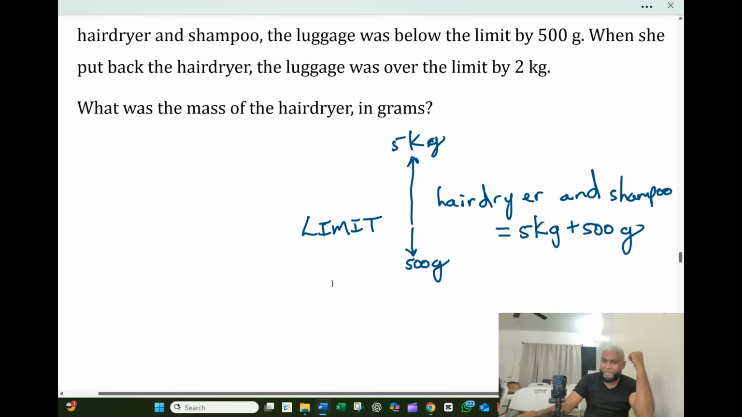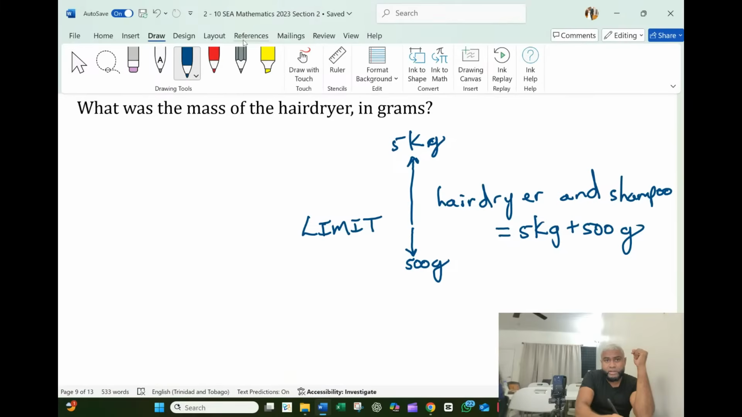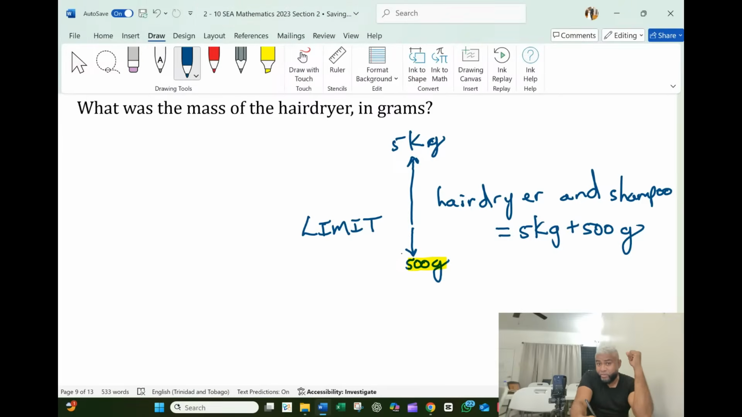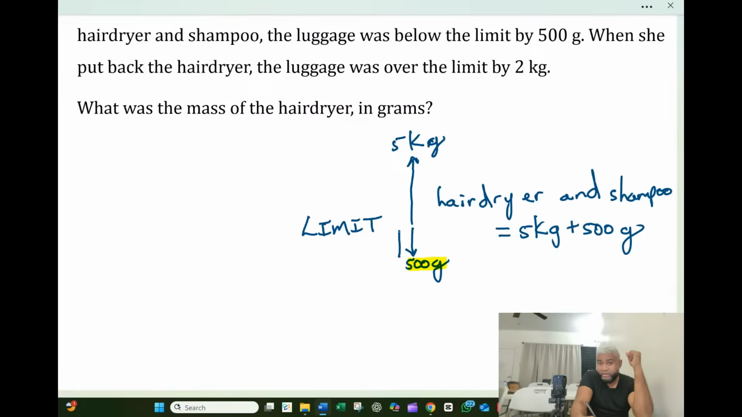Okay, so what I did, in the next part of the question, since they mentioned when she put back the hair dryer. Listen, guys, when she put back the hair dryer, the luggage went back up, so we were here. Come, we are at this point here, right? So when you put back the hair dryer alone, you went back up by 2